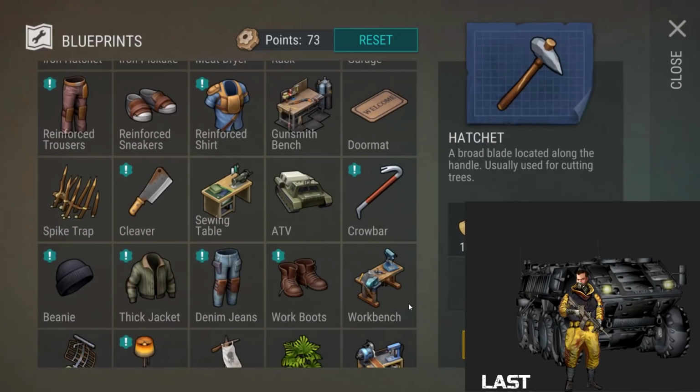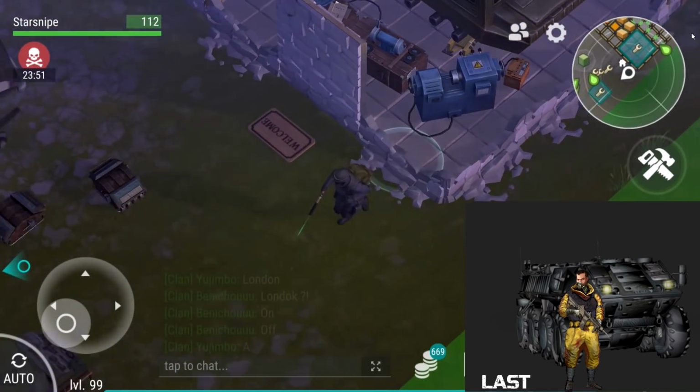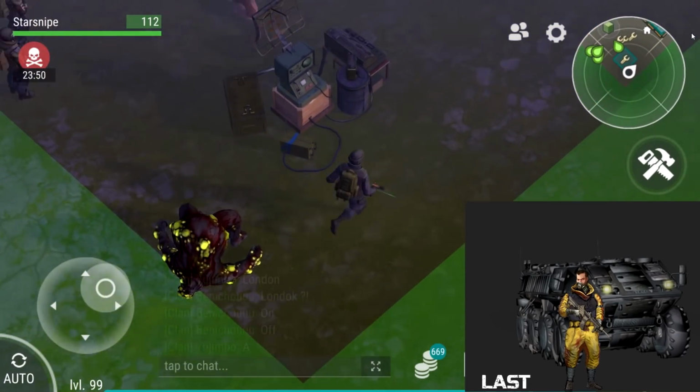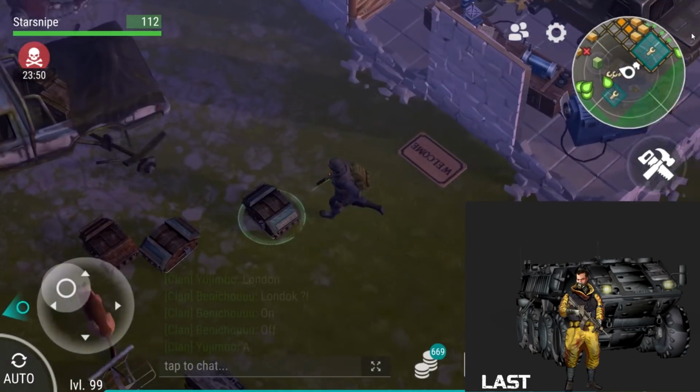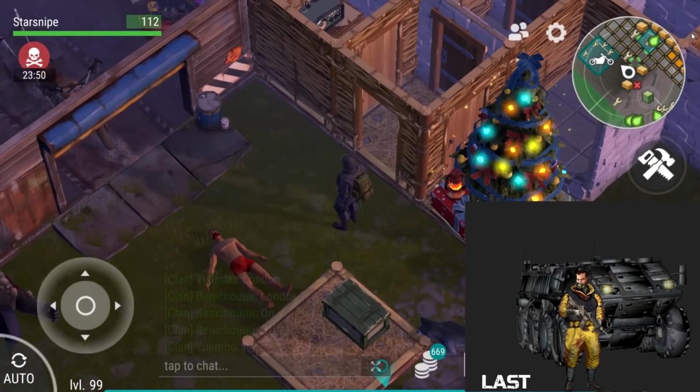And then if you guys actually look at what the ATV looks like within its image, you can see that it actually has treads instead of being something that has like actual tires. And so a lot of people are thinking, me included, that it might actually be a new type of vehicle that we're seeing. Some of y'all still thought it might be the ATV, because it very well could be. Maybe it has a little bit of a redesign and it's going to be looking different once it does come to the game. Or, and this is where things got interesting because it makes a lot of sense, there could